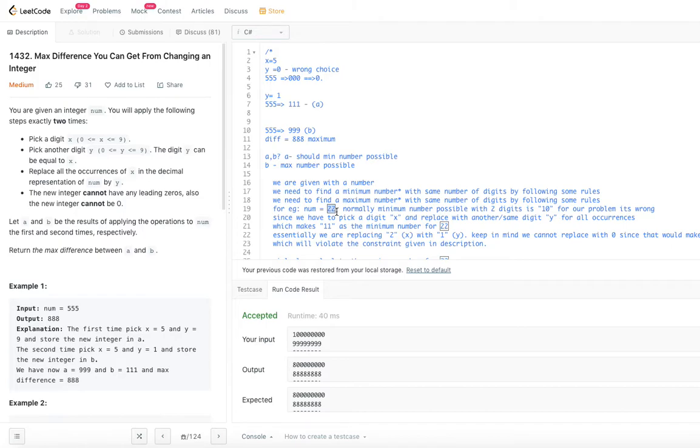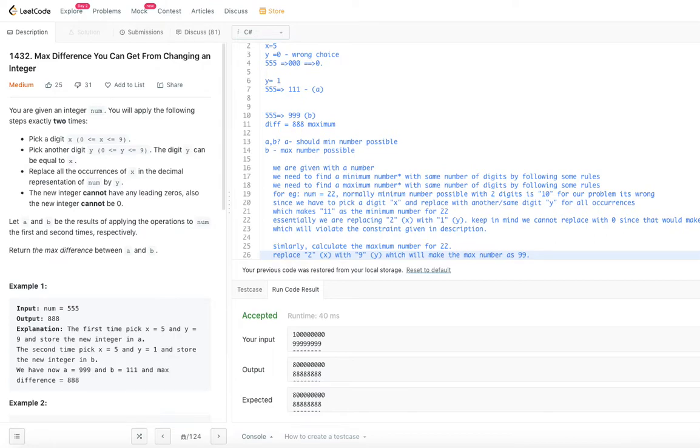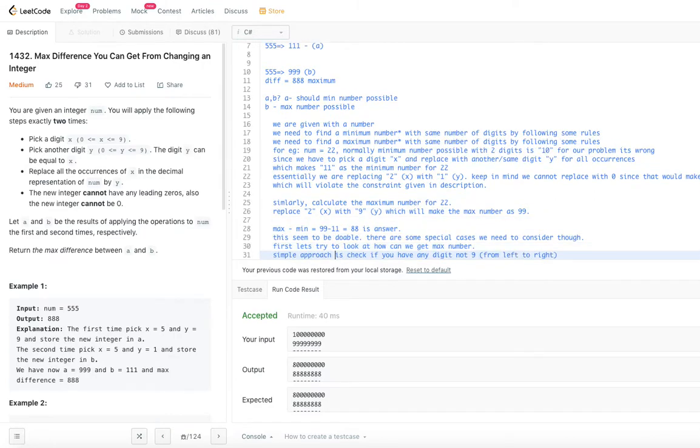So these are all different techniques to understand the problem. We have not yet started getting into the problem, right? So we just got, okay, what is the minimum number possible and what is the maximum number possible for a given thing. So let's go ahead and try to understand how to get the minimum number and how to get the maximum number. So first, let's try to get the maximum number, right?